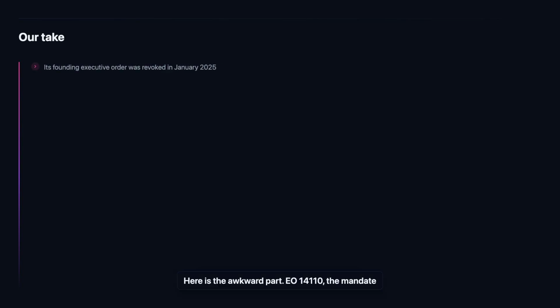Here is the awkward part. EO 14110, the mandate behind SP 800-218A, was rescinded on January 20, 2025. We think the guidance still stands on technical merit, but teams citing it should stop leaning on the executive order as justification. Because it is a community profile rather than a control catalog, nothing here is enforceable on its own. Our view: treat SP 800-218A as a maturity checklist, then map its tasks into contracts and SBOM requirements where you actually need teeth.